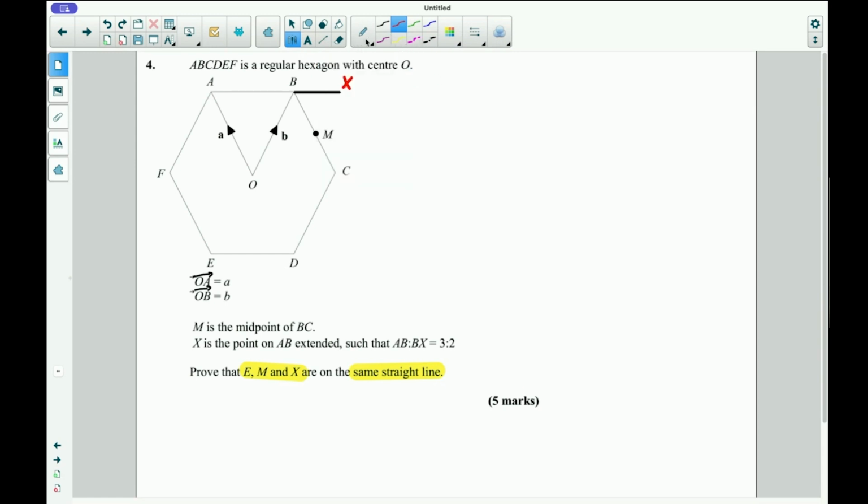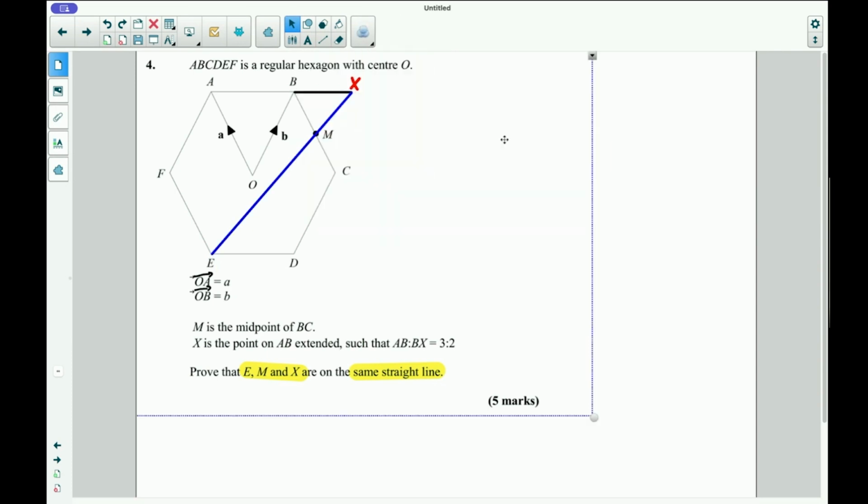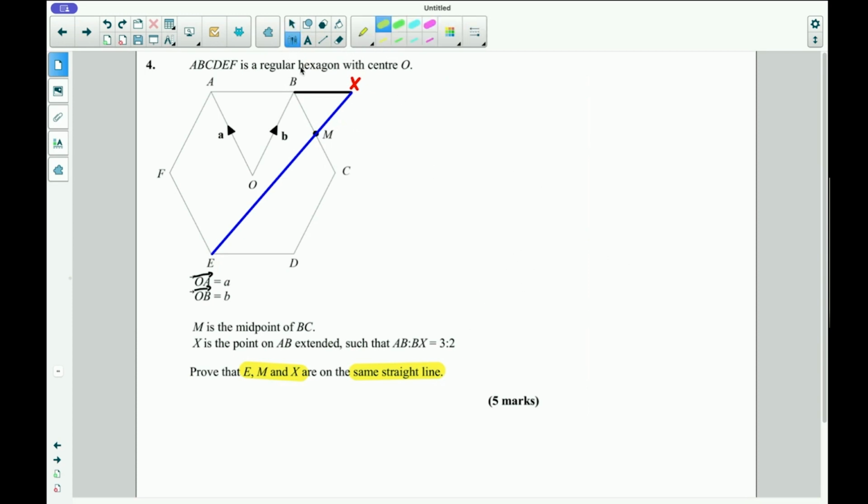Number outside a bracket. So maybe what I'll do is draw a line here, just to give us a visual of what's happening. So you want to show that E to M to X. Okay, and I'll shuffle everything over just so it lines up a little bit better. So you want to show that E to M to X. Maybe I'll do this in blue or something. You're going to show that E to M to X are on the same line. So Oscar, you are definitely on the right track, saying that we need a number outside the bracket. So pretty much what this question is asking us is we want to show that E to M